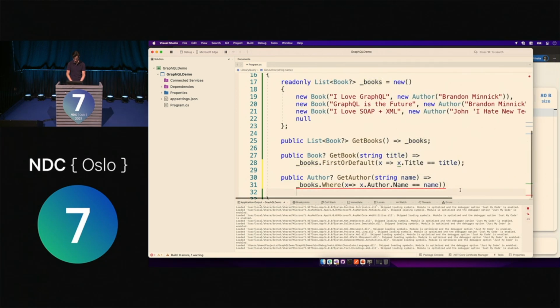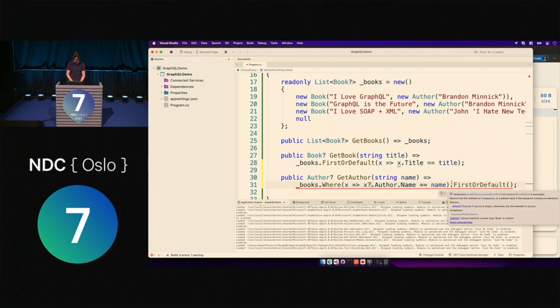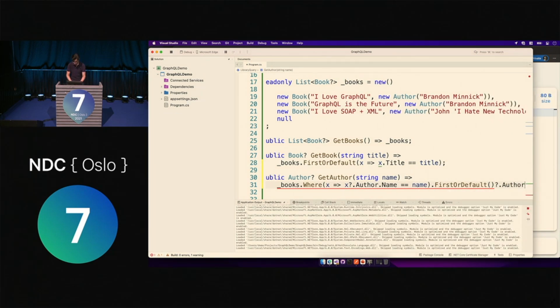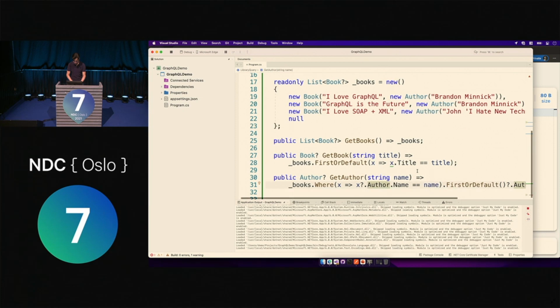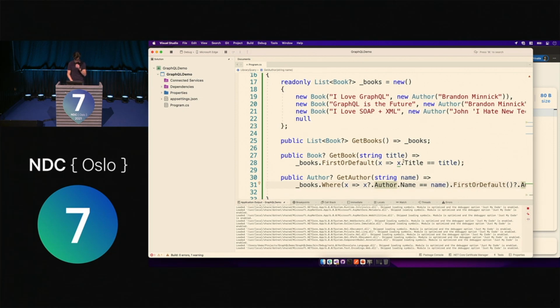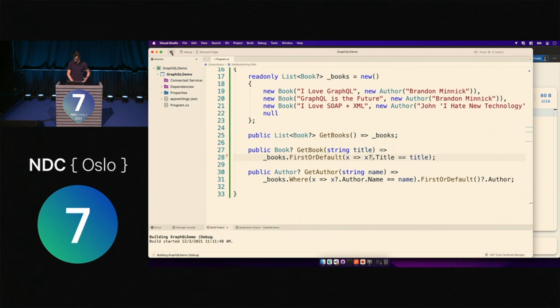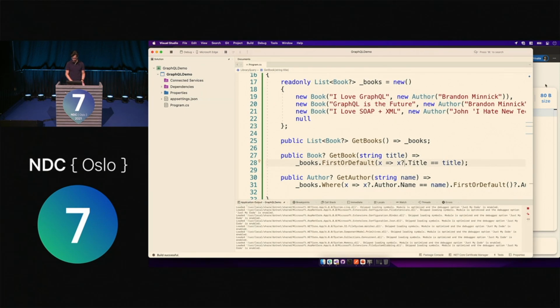Bring that on one line again. And then we'll say, if it exists, give me the first one. If not, that's okay. And that's nullable. Getting red squiggles, book to author. Oh, because I got to select author now. So get a nice, nasty, beautiful LINQ query. That's yelling at me because that's nullable too. We'll rerun that. And